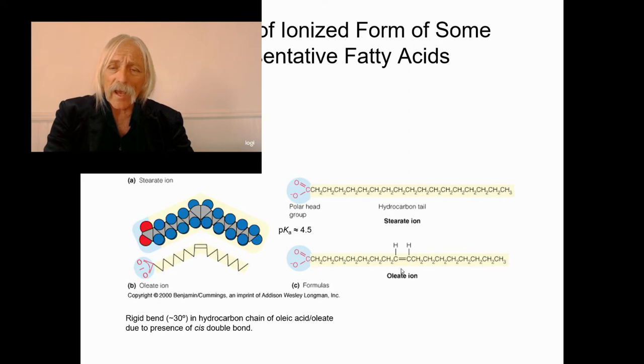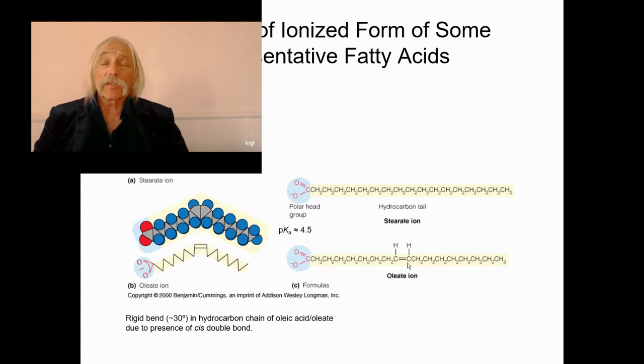Here's oleic acid. That's one very important monounsaturated fatty acid that you do find in membranes. And you can see it has a double bond right in the middle of the molecule. So it's a delta 9, 18:1 fatty acid. 18 carbons, with the double bond at the delta 9 position. So it's right in the middle, and that's a cis configuration because the two protons are above the plane of the double bond. They're not trans, where one of these protons would be down and the other would be up.